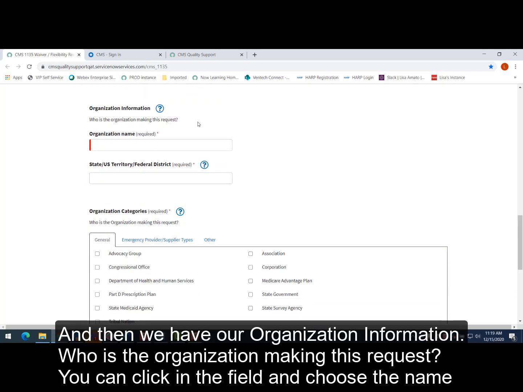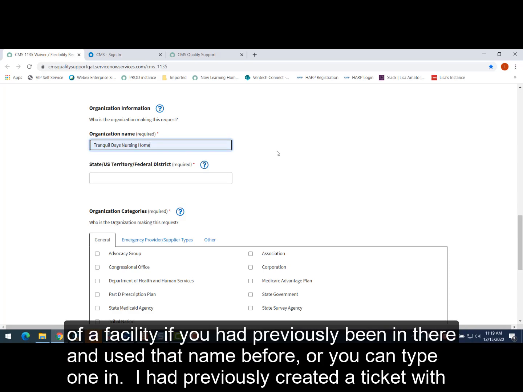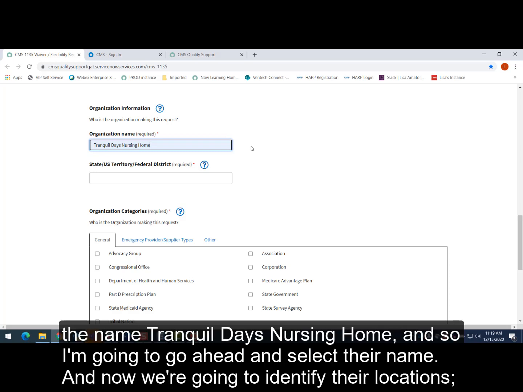And then we have our organization information. Who's the organization making this request? You can click in there and choose the name of a facility if you had previously been in there and used that name before, or you can type one in. I had previously created a ticket with Tranquil Days Nursing Home, and so I'm going to go ahead and select their name,